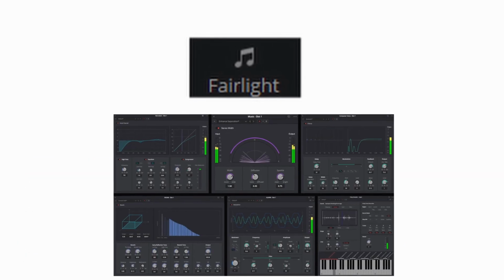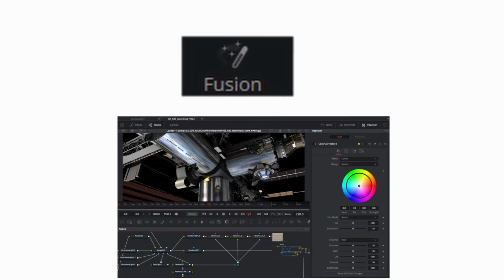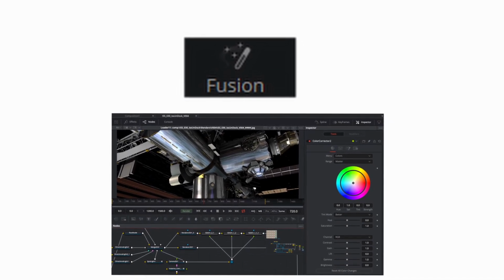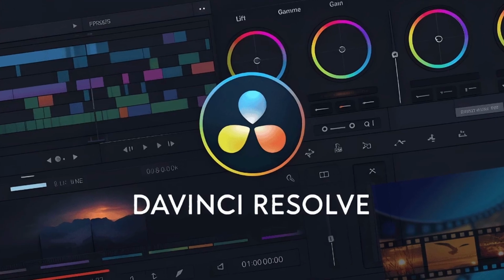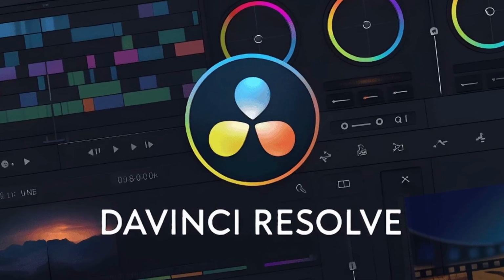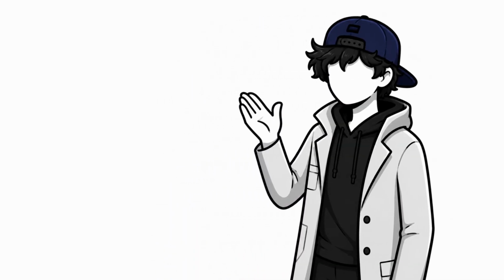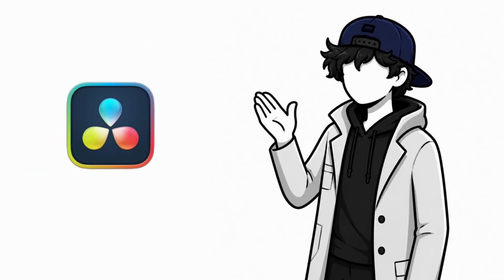Fairlight is a full multi-track audio mixing suite built right in. And Fusion is a node-based compositor for visual effects and motion graphics that would normally mean buying a separate app just for that. A few advanced color and team collaboration tools do live behind the one-time studio upgrade, but for the huge majority of creators, everything you need to finish a video to a professional standard is already unlocked for